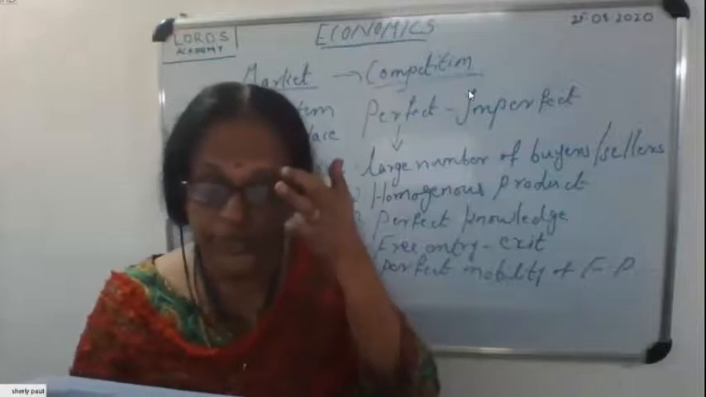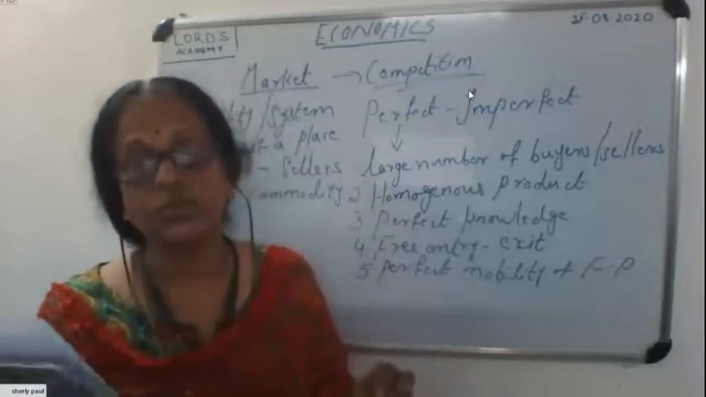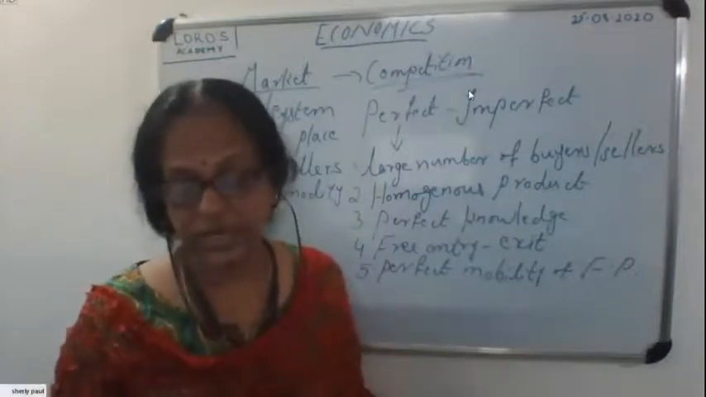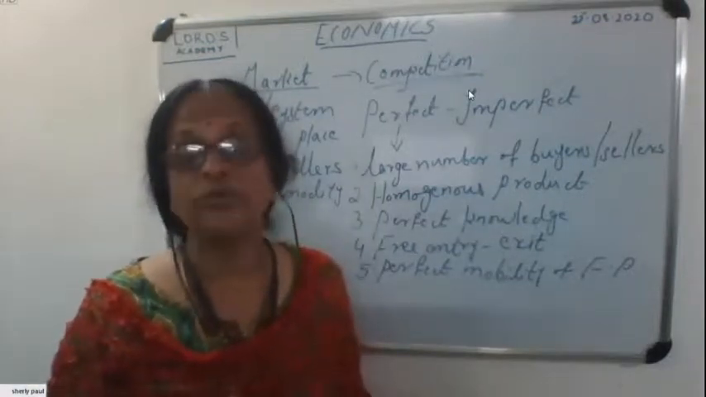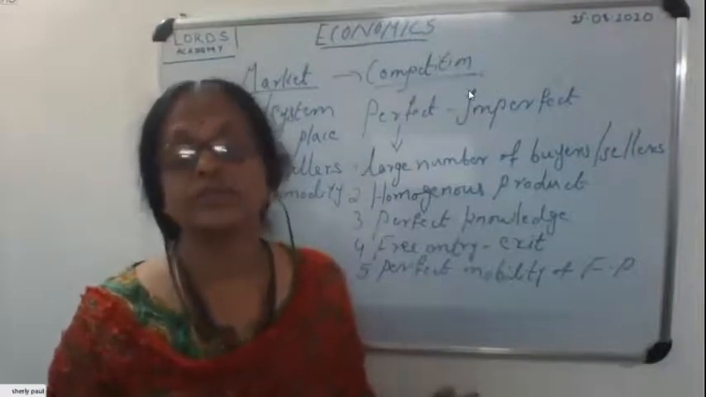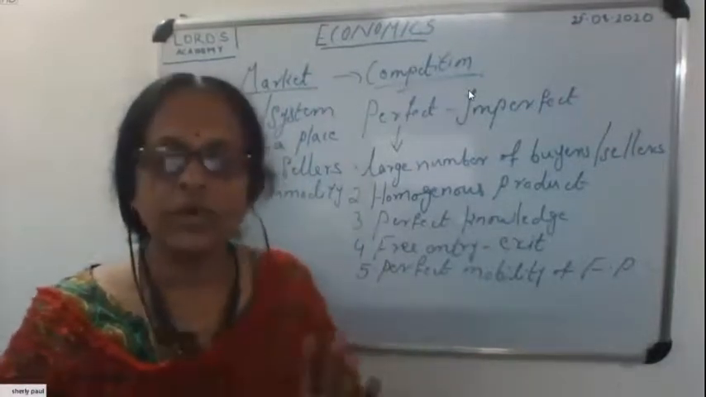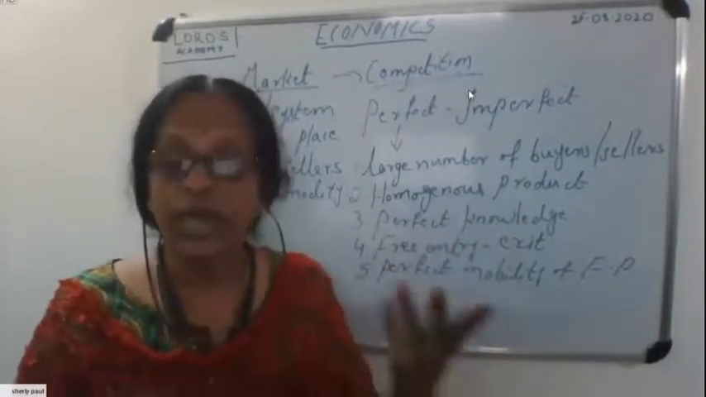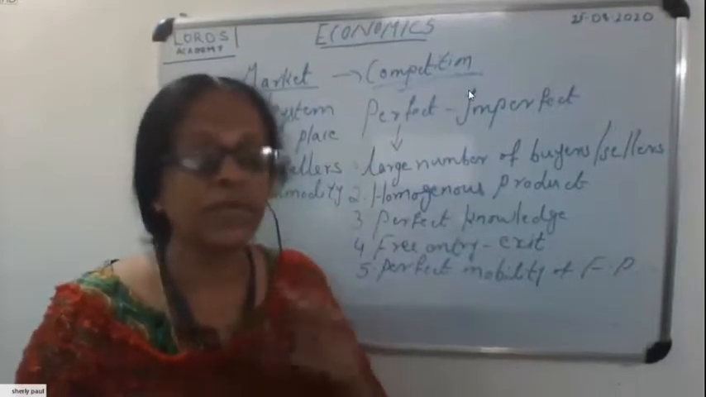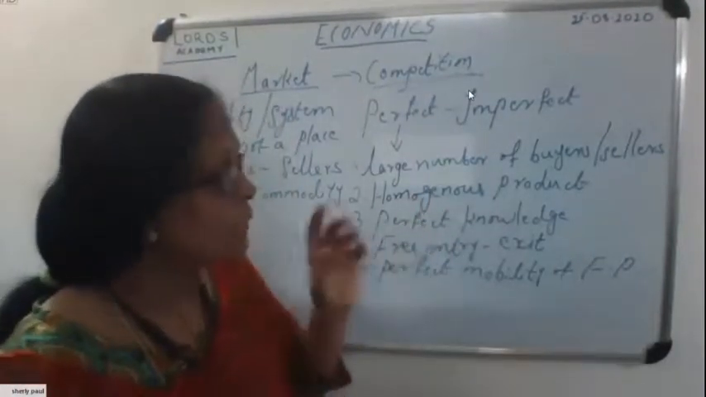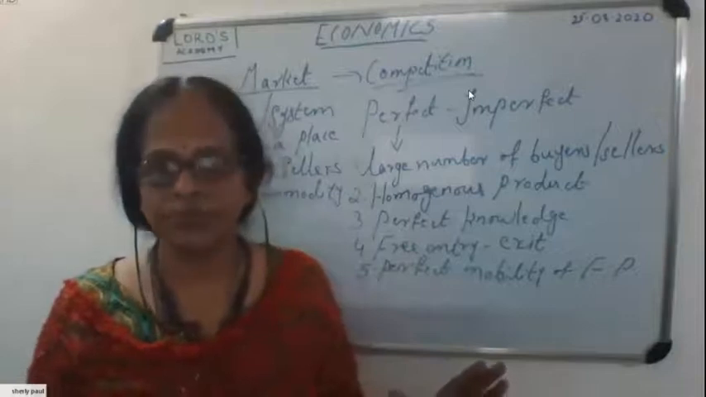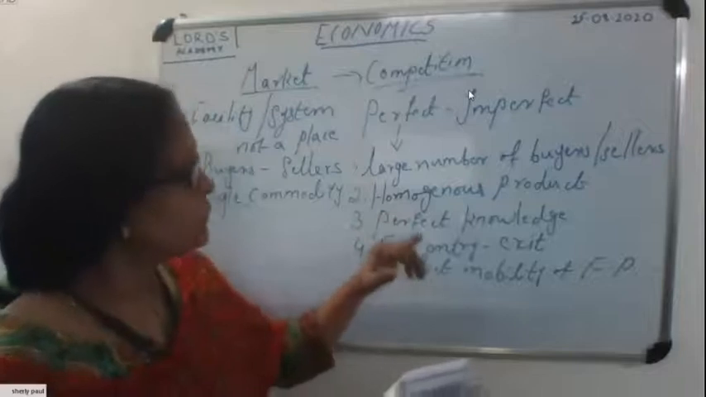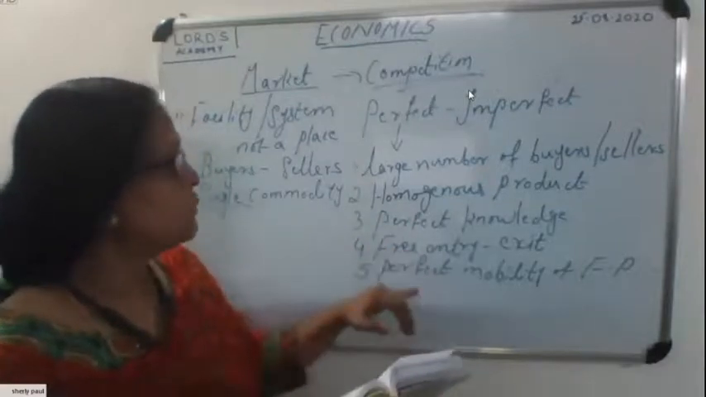Then, all firms are assumed to have equal access to resources, that is, technology and other factory inputs, and improvements in production technologies achieved by one firm can spill over to all other suppliers in the market. What they are saying is that all the buyers and sellers know about technology and other factor inputs, everything. That is the third point, perfect knowledge about all the things. Clear? Here: large number of buyers and sellers, homogeneous product, perfect knowledge, free entry and exit, perfect mobility